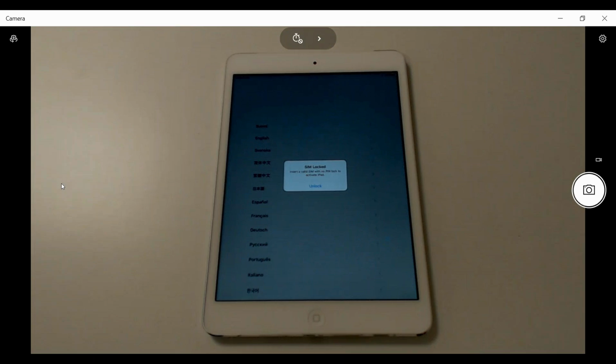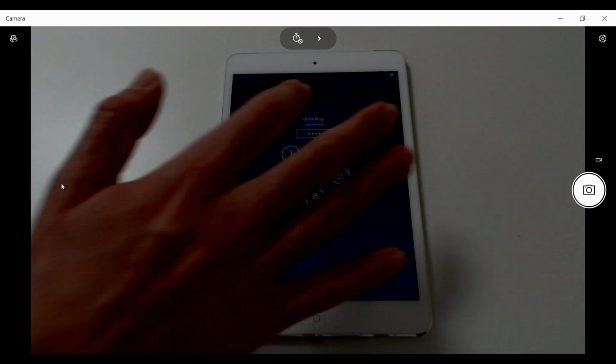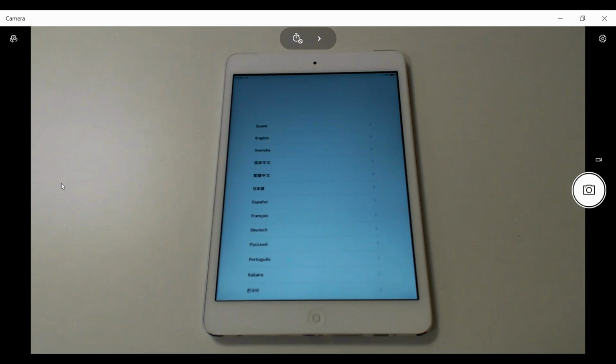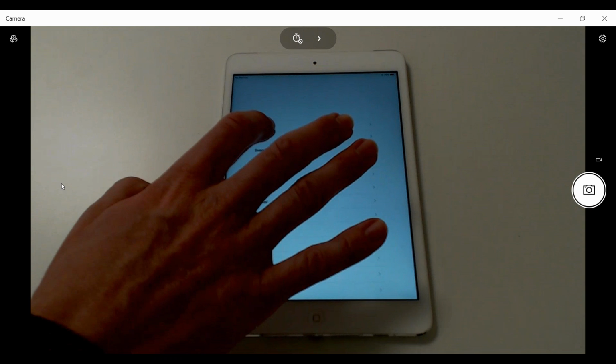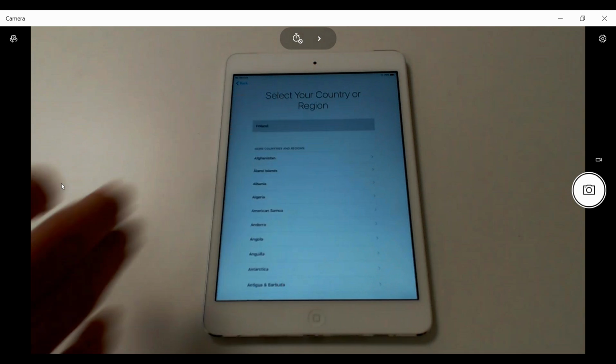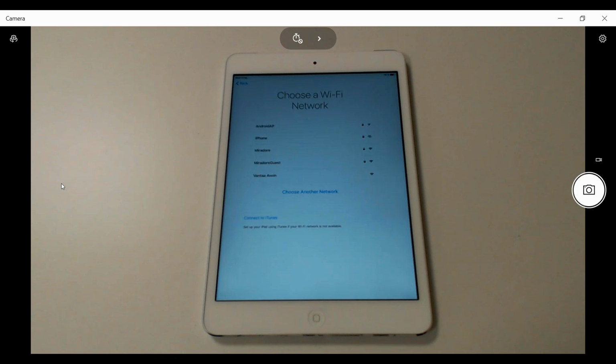Okay, it says SIM card locked, so I will unlock the SIM card. It has one inserted. So this is the device, in the same way as it would be just unboxed from a box. The first thing the end user needs to do is select the language. Let's use English, and as we are in Finland here, let's select Finland. So it's now setting the language. This is a mandatory option anyway that the end user needs to do.